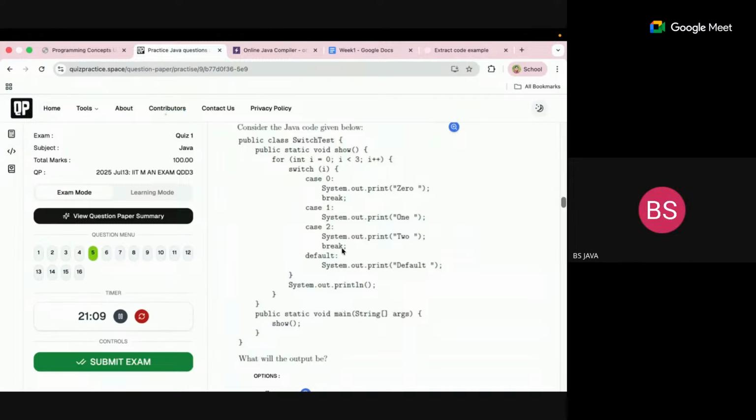So what do we have currently? 0. Here we have not added this println, right? So after 0, we'll go to the next line because of this println statement. And in the next line, we'll have 1 and 2, 1 space 2. Then we'll print a line, go to the next line. Then i value will become 2. Case 2 will print 2, break. So the output will be